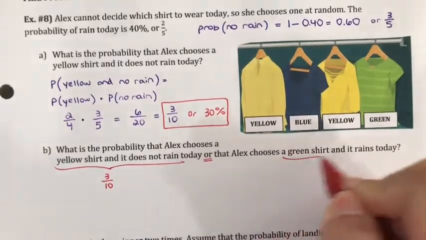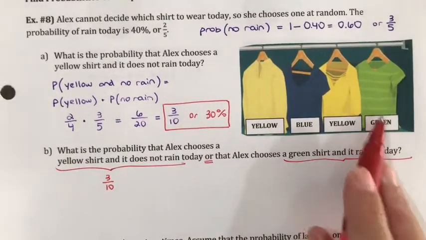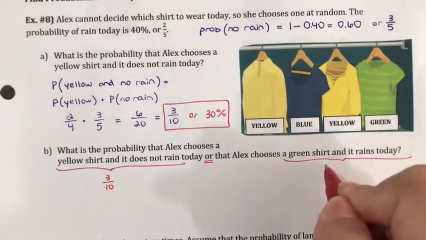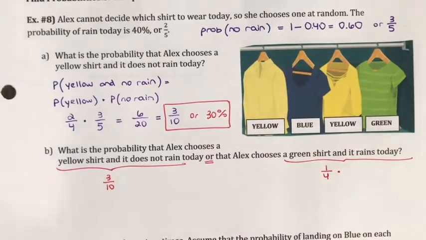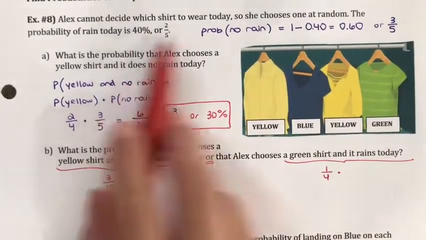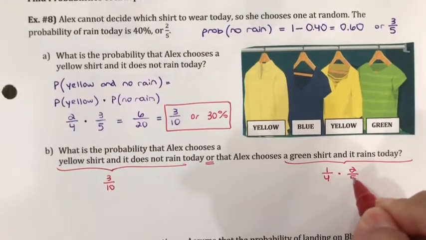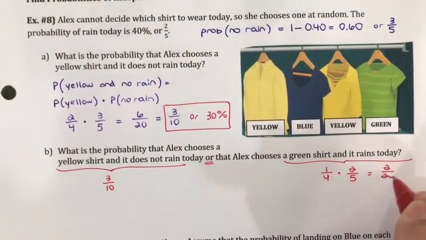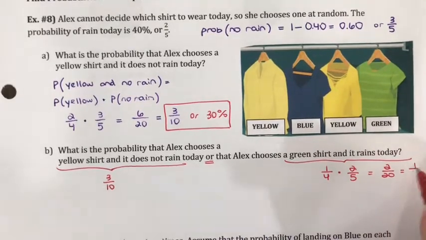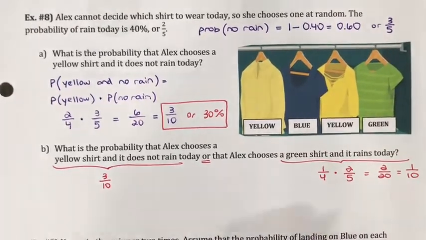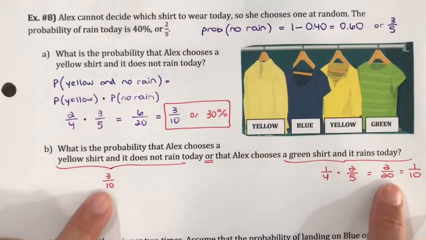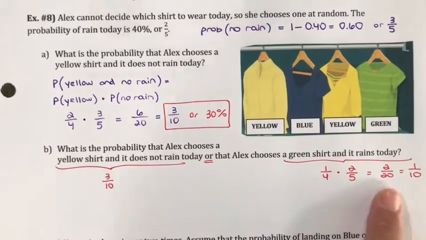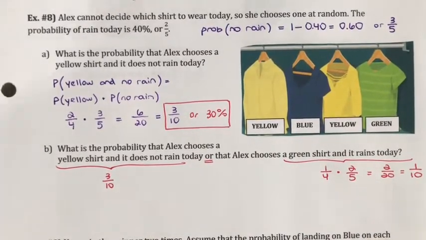She chooses a green shirt and it rains. So green is 1 out of 4. Raining is 2/5. This gives me 2 out of 20, which is 1 out of 10. So I just found the individual probabilities. Now, remember that when we're talking about that word "or",